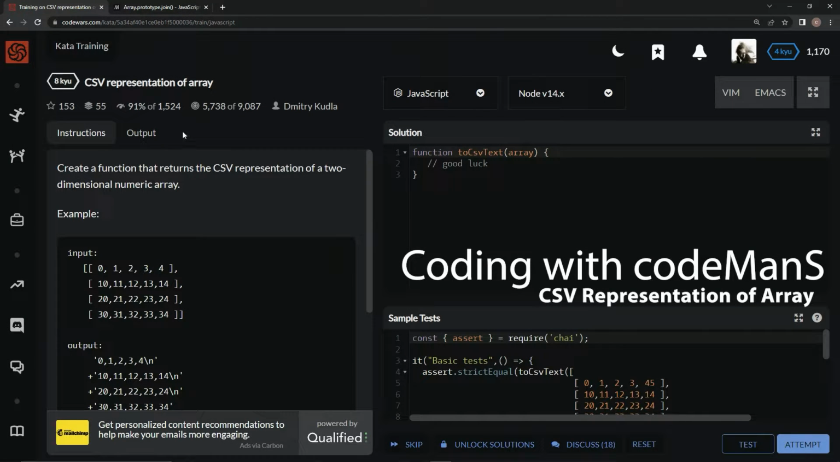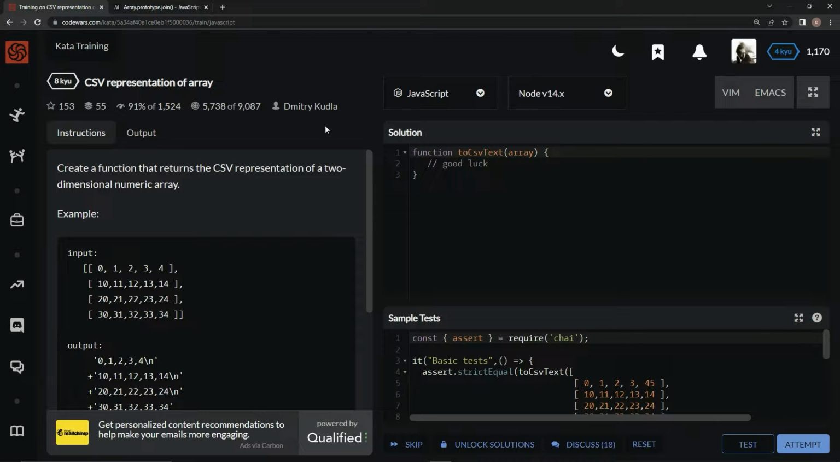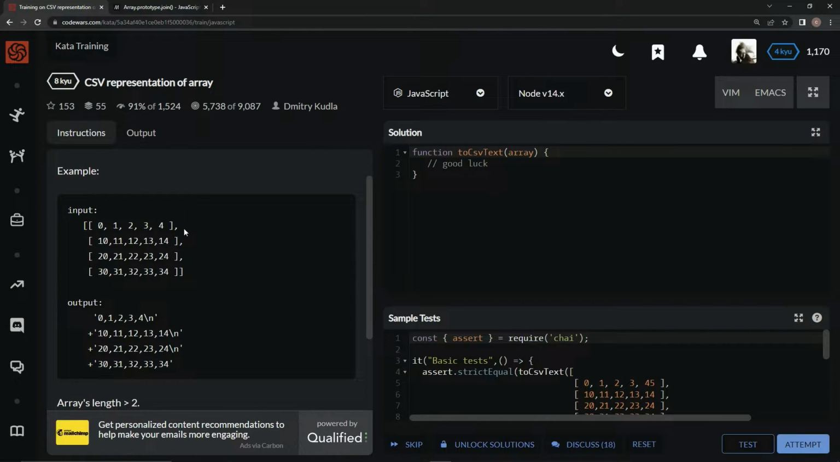All right, now we're doing 8Q CSV representation of array. This is by Dmitry Kudla, and 91% of the people like it. We're going to create a function that returns the CSV, which is comma separated value, representation of a two-dimensional numeric array. So we're going to take these arrays, which are within this array, and make it into this, separated by